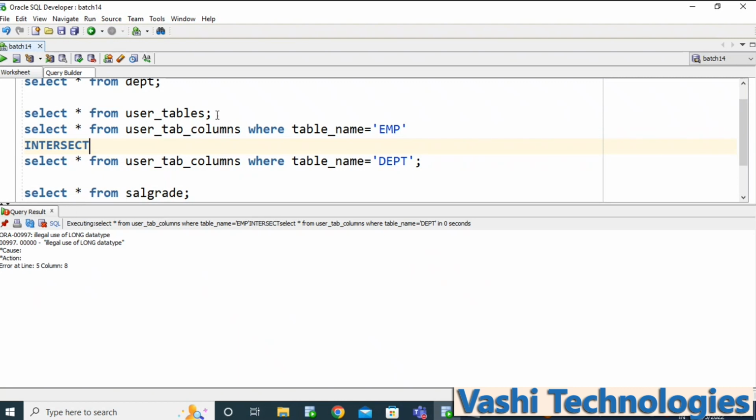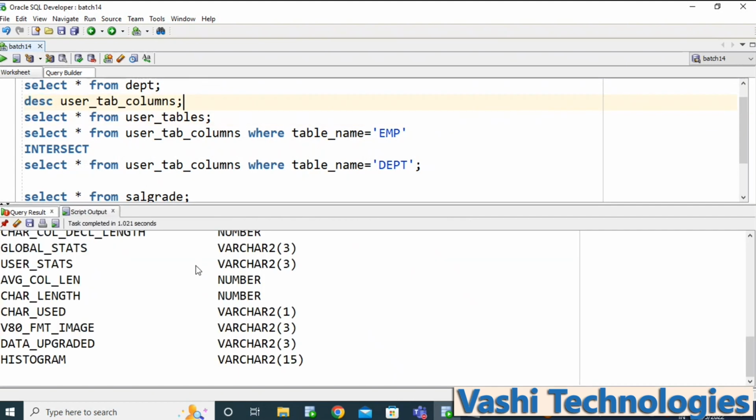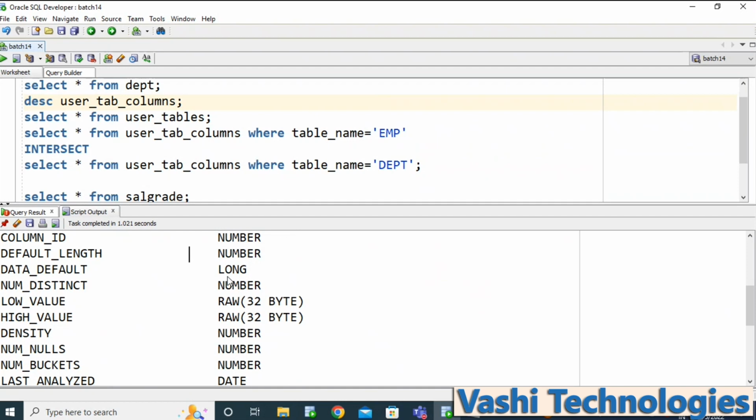If any one of the tables has a long data type column, you cannot compare one long value with another long value. You cannot compare whether they are common or different for long data type columns. Other than that, you can compare all the column values.